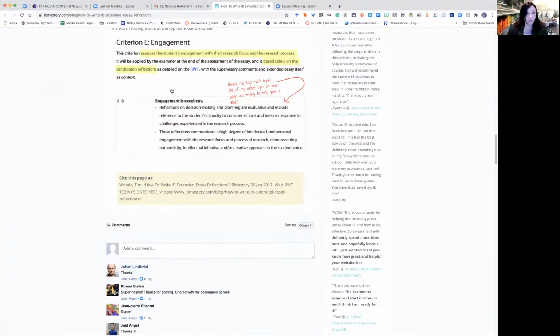Reminder that this is all for the Criterion E engagement session. And so to earn 5 or 6 points in this section, which should be seemingly easy, we want to make sure that the reflections communicate a high degree of intellectual and personal engagement with the research and focus. So this first one is really just about how you're getting started, and eventually you'll get into the process of